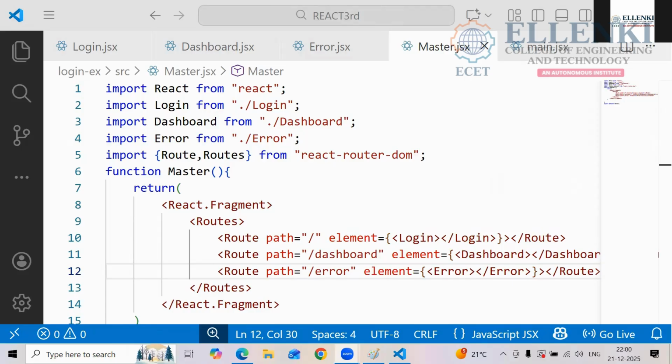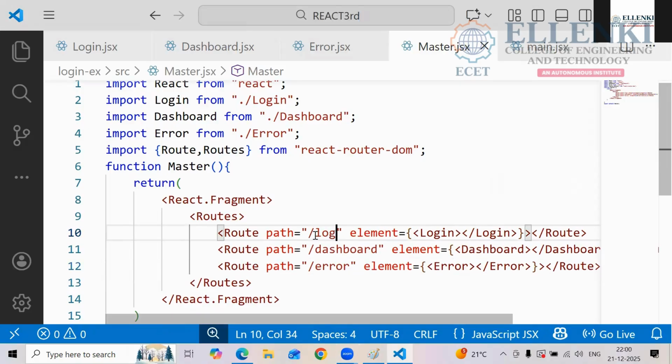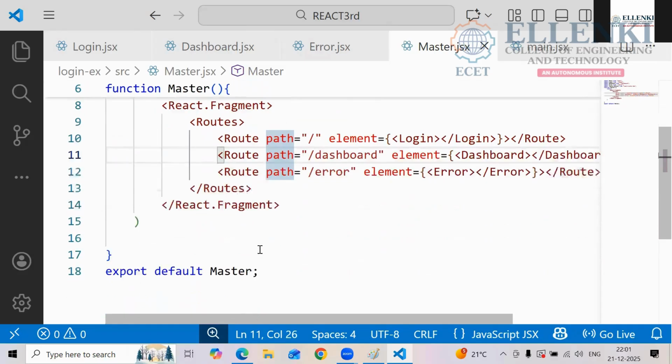Where, ma? First slash, I gave. Okay, if I give login here, what will happen? Nothing will happen. If I am removing this one, this page will stick to the master page. If you are giving login here and dashboard, and you are removing it there and just giving slash only, then only the dashboard page will stick to you. In the master page, it will show you that master page. That's why we are giving the slash here. Nothing is there.